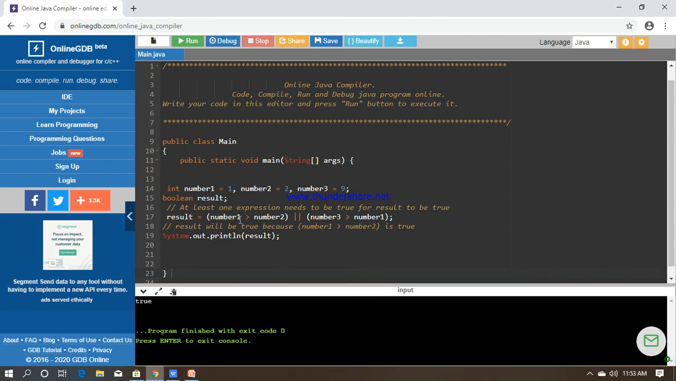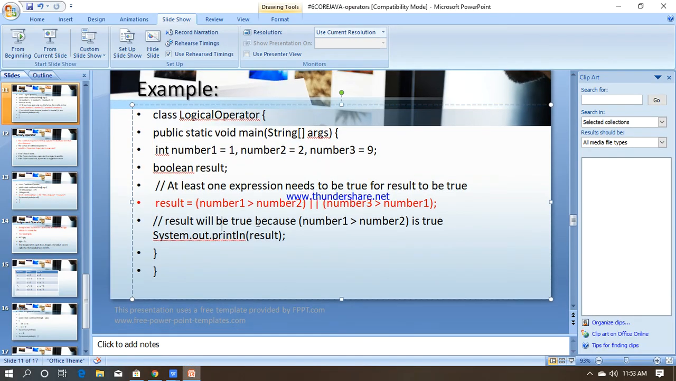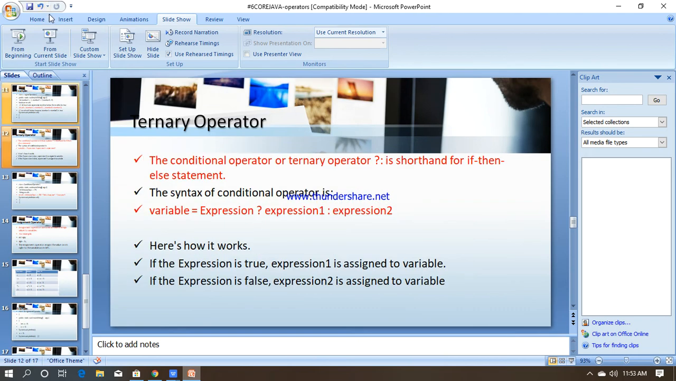Yeah, true. So like that you can use the operators. This is an example for logical operator. Then you go for ternary operator. Ternary operator, this is also one we are using in